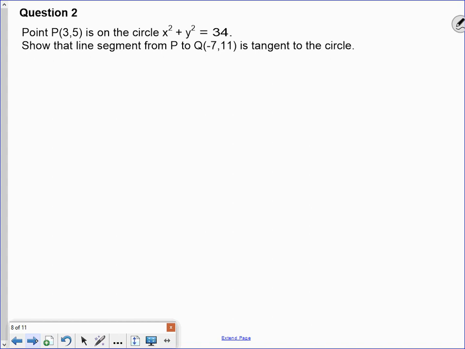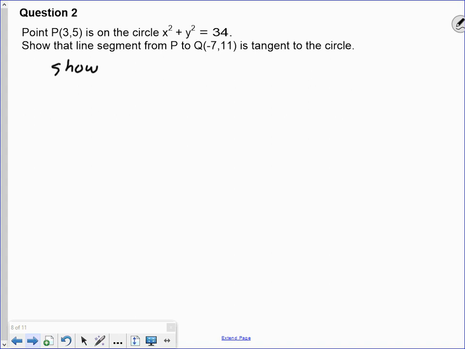Point P, 3, 5, is on the circle x squared plus y squared equals 34. Show that the line segment from P to Q is tangent to the circle. Okay, so ordinarily we would have to show that this point is on the circle, but we don't have to because they tell us that it's on the circle. What does it mean for a line segment to be tangent to the circle? Well, we need to show